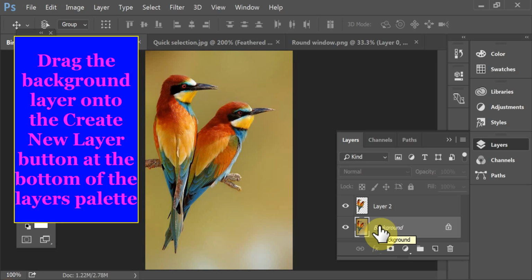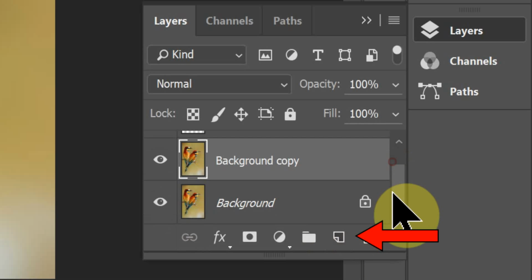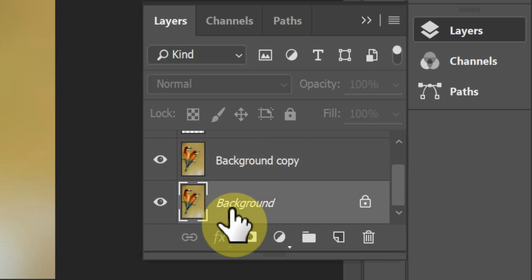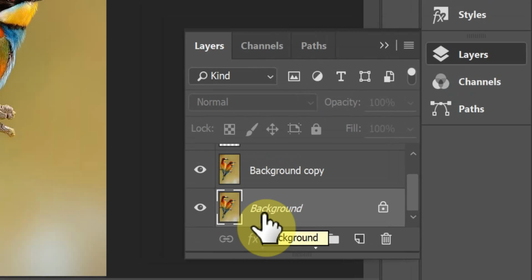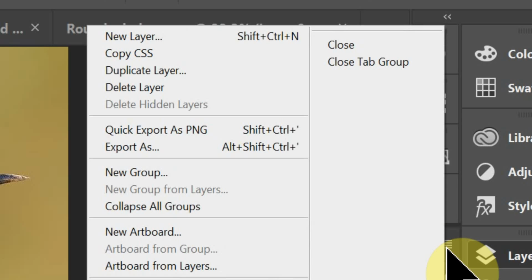I've got my background layer. I want to make a duplicate layer. I can just drag this layer onto the Create New button, and it makes a background copy, as you can see. I've got my original background and now a background copy. I'm going to go back to background because from the Layers panel menu,